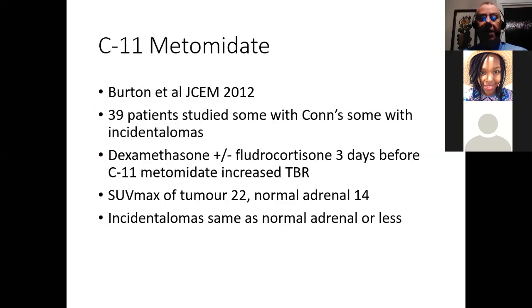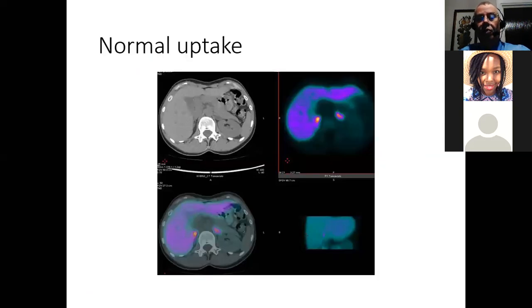And this is a paper that was published by our center, looking at nearly 40 patients with a tumor of the adrenal called a Conn's tumor, and this is a cause of aldosterone-driven hypertension. And we could show much higher uptake in sites of Conn's tumor than normal metomidate. And this is a normal